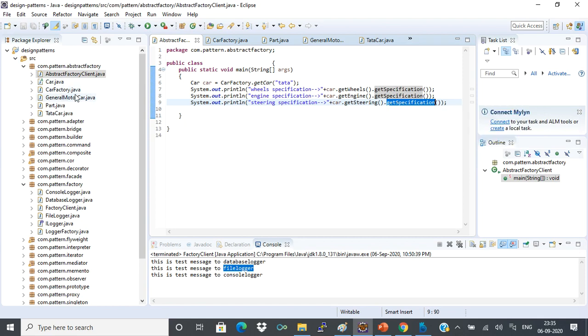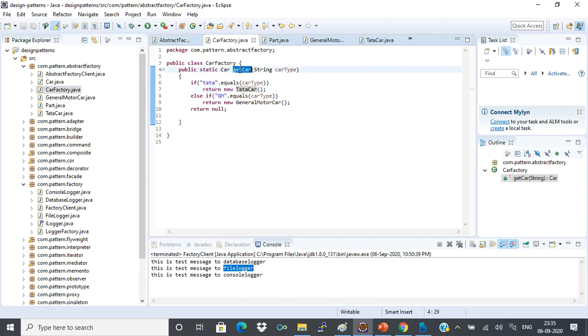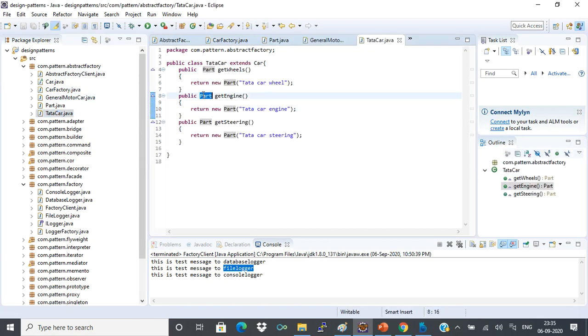Here the abstract factory CarFactory returns the car object, and from the car object I return the part objects of that particular car. In this way it is one level higher than the factory pattern. This is the abstract factory pattern. I hope you are all clear.